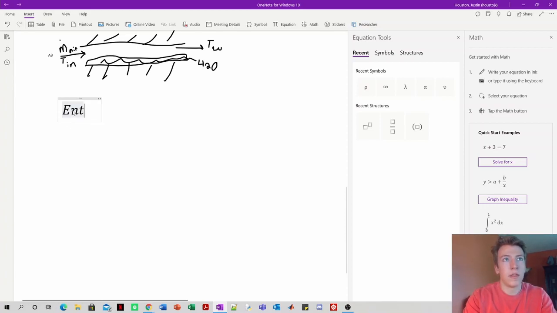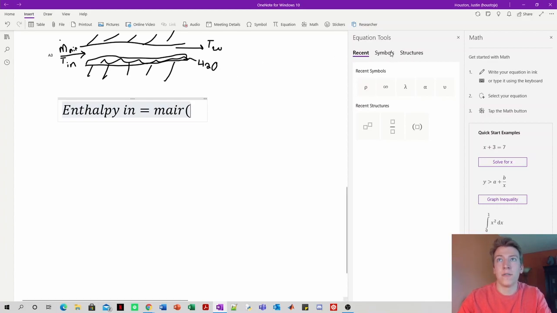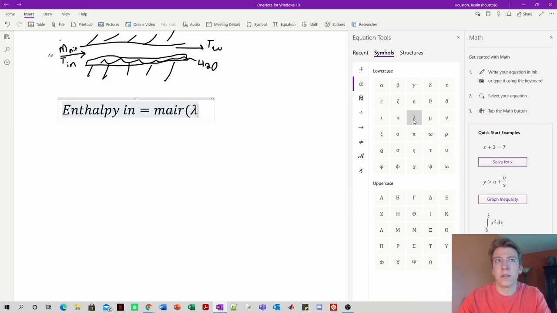So to do that, we're going to start with the enthalpy inwards. And to do that, we're going to have this being equal to, I guess I should just have the equal sign here. I don't know if I can show the mass flow rate, but we'll just say that M is the mass flow rate of air. Technically you should have a dot over it, but this is going to be equal to lambda, which is the heat of vaporization. There it is, lambda,